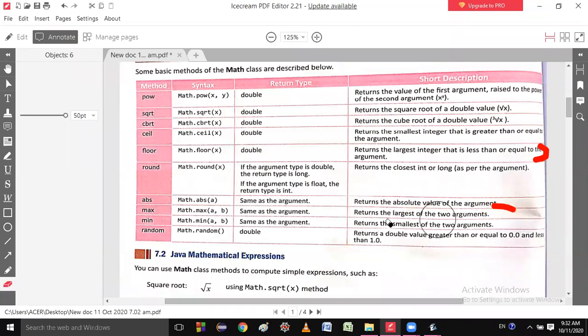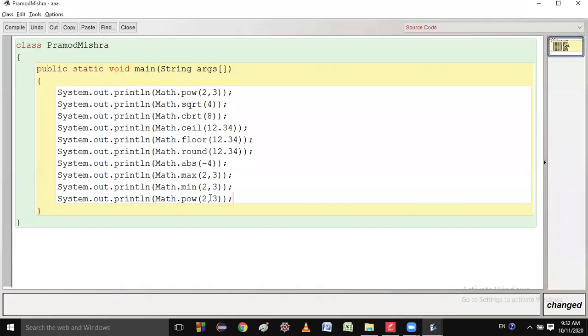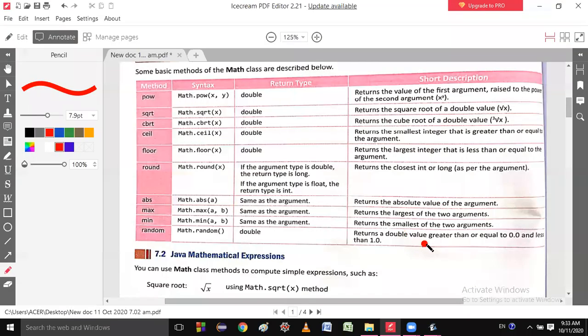Yes. Is it right or not? Yes, sir. Okay, so you will use Math.random, and everything will be small. So which number will you get? It returns a double value greater than or equal to 0.0 and less than 1.0.